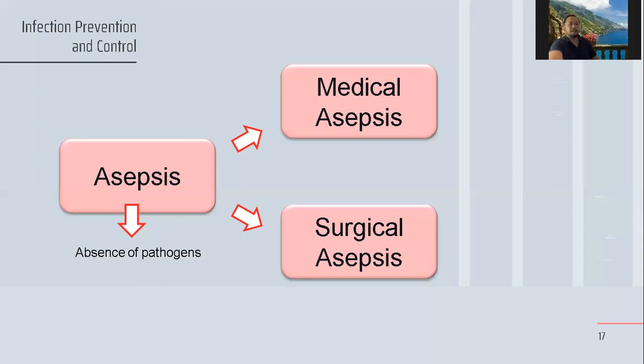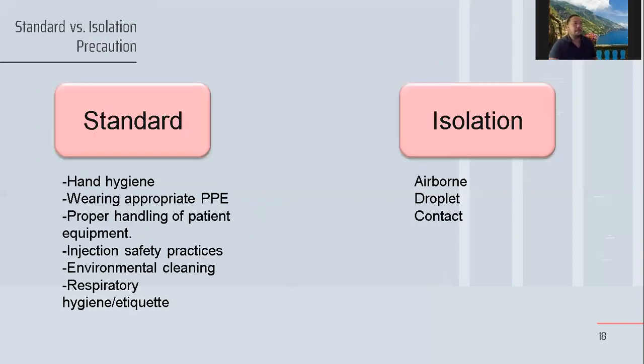How about surgical aseptic technique? This is for the prevention of contamination of an open wound, or if you need to isolate an area or an operated area for surgery. In order for microorganisms not to be in that area, we have to practice the surgical aseptic technique. First, we have to go to your